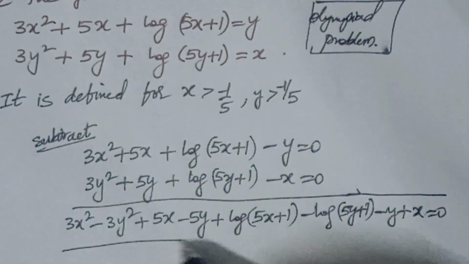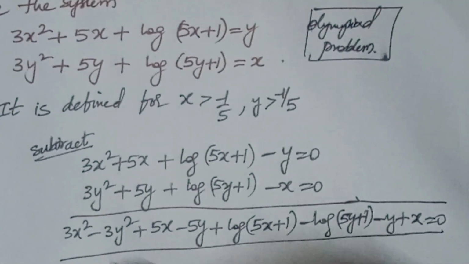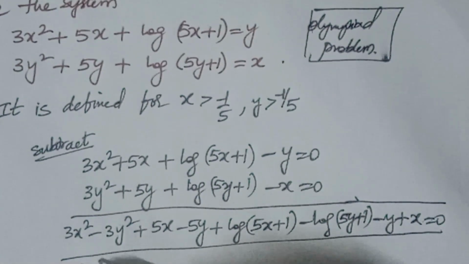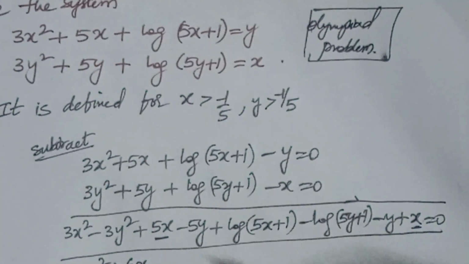So if you add, you are getting this one. If you write the positive terms on one side and the negative terms on the other side, 3x² + 6x, since 5x + x gives 6x,